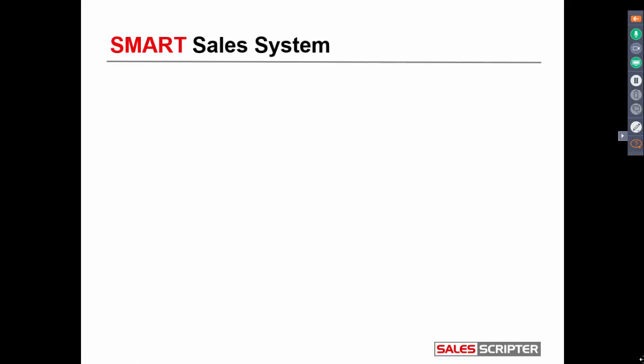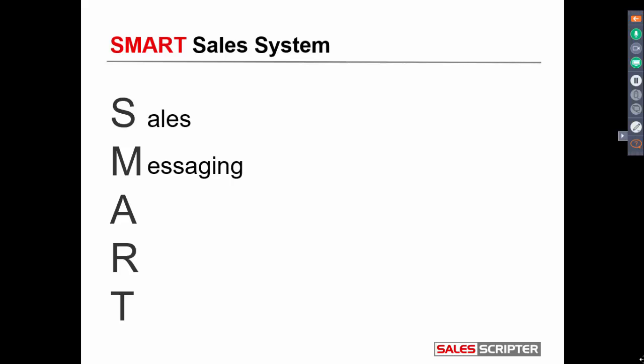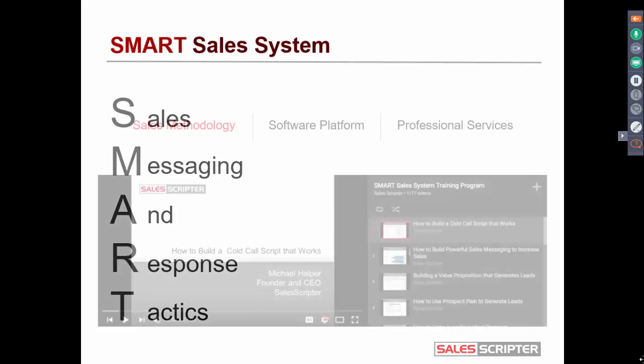Then just to kind of close, Sales Scripter is part of our overall system that we provide, which we call our smart sales system, and basically it helps you with your sales messaging. Your objection responses are part of your sales messaging, as are your voicemail scripts and email templates and whatnot. So our system not only helps you build your message, but it helps you with responses. Technically, the R in response is really what we're talking about here today with what we help with. We help you to respond to your prospect in the optimum way to stay in the conversations, to build interest, to generate leads. So that's the smart sales system.